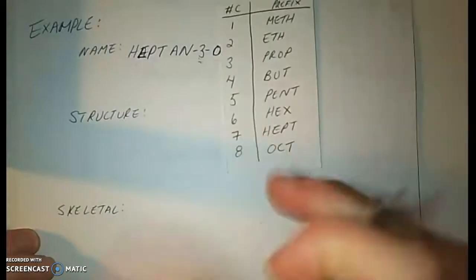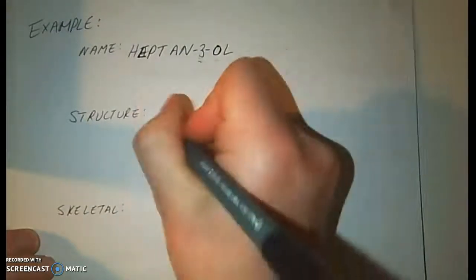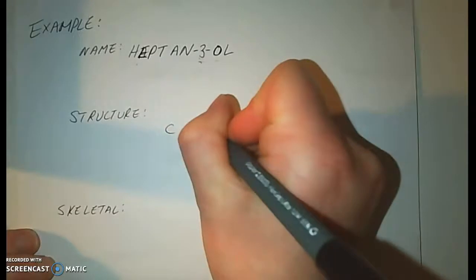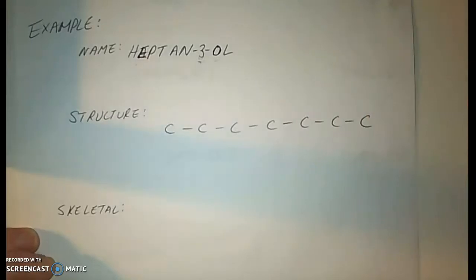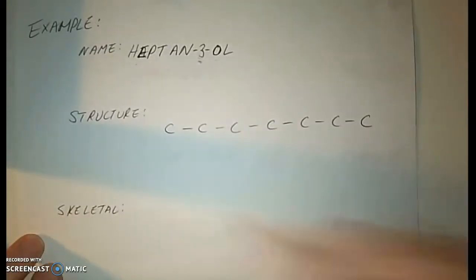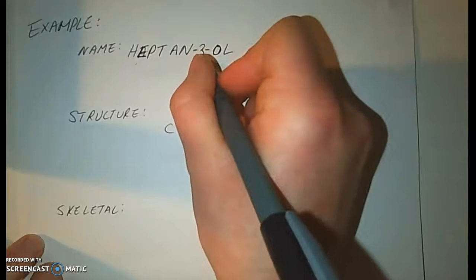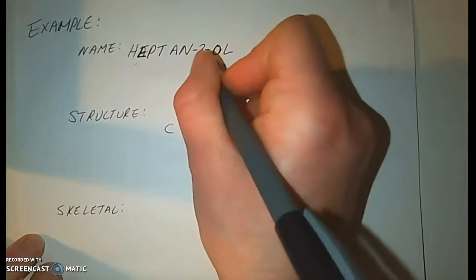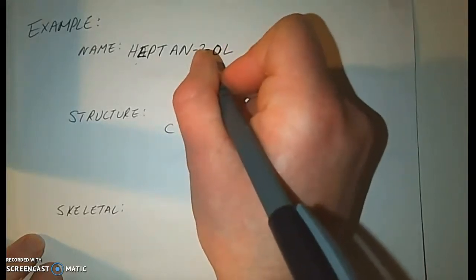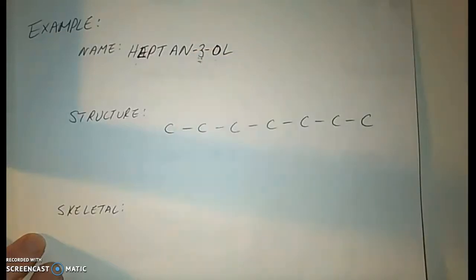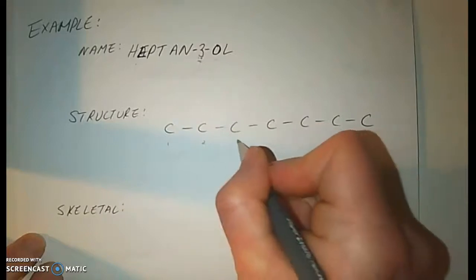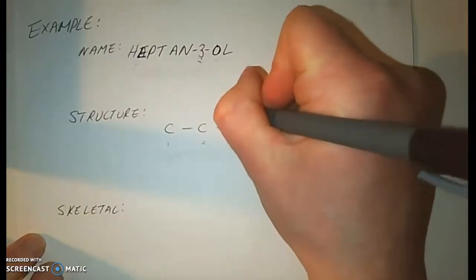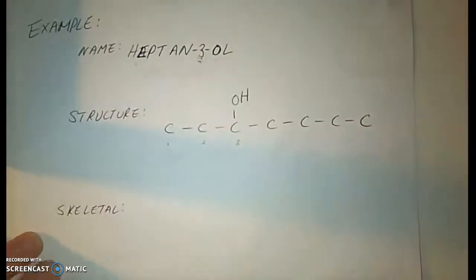So to draw the structure of heptan-3-ol, I'm going to start by drawing 7 carbons, because hept, you'll remember, hept means 7. Okay, so 1, 2, 3, 4, 5, 6, 7. Okay, and then the 3 here tells me that I've got a functional group. I've got something cool going on my 3rd carbon. So I'm going to count starting here. This is carbon 1, carbon 2, carbon 3, and I'm going to put my OH right there on the 3rd